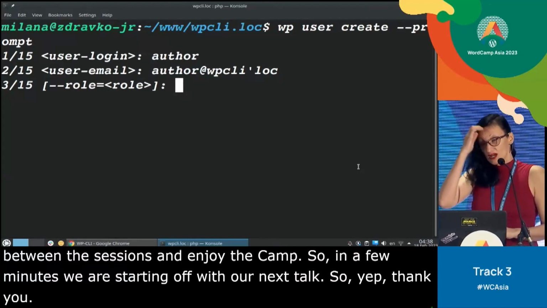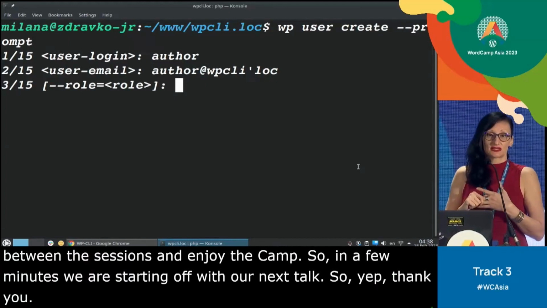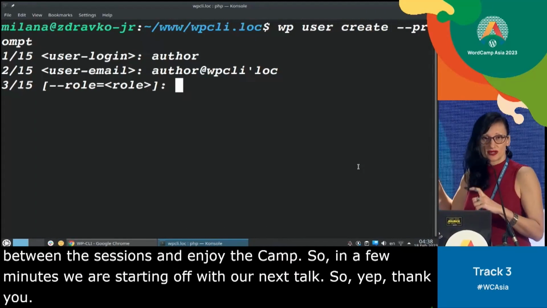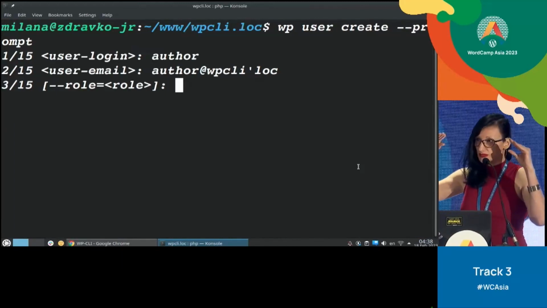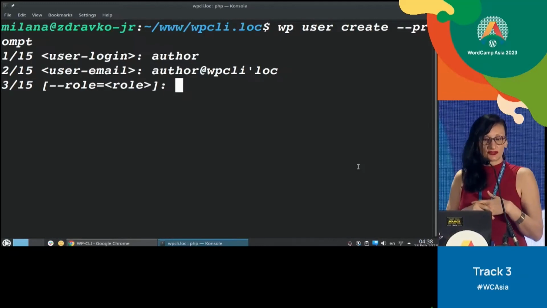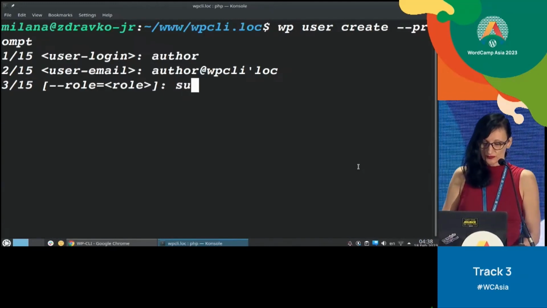That's the wrong email. Role, by default, is subscriber, but I'm going to need author, so I'm just going to go here with author, and you can see the square brackets. That means it's optional. So only those without brackets are mandatory. The others are optional. So role, I said author,